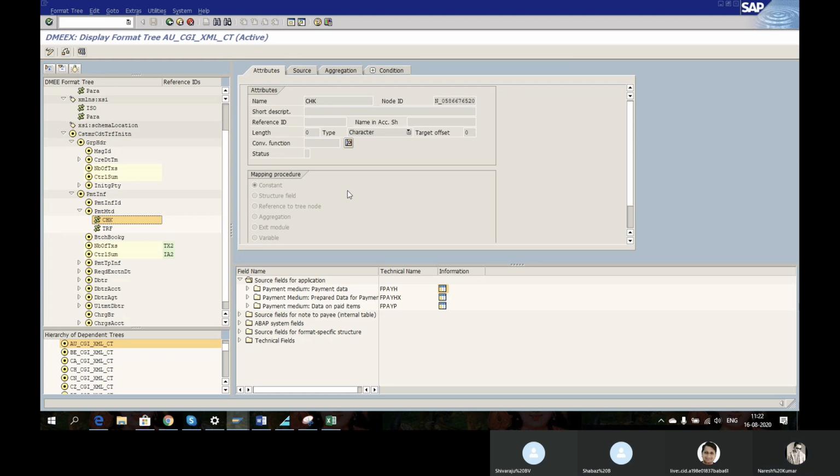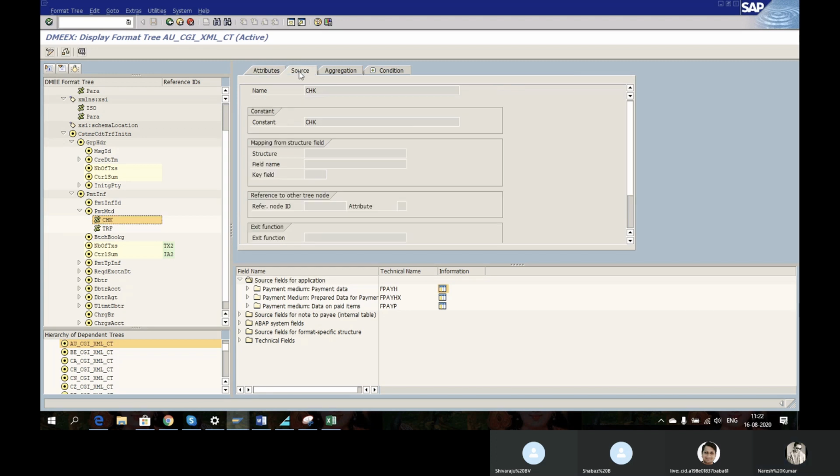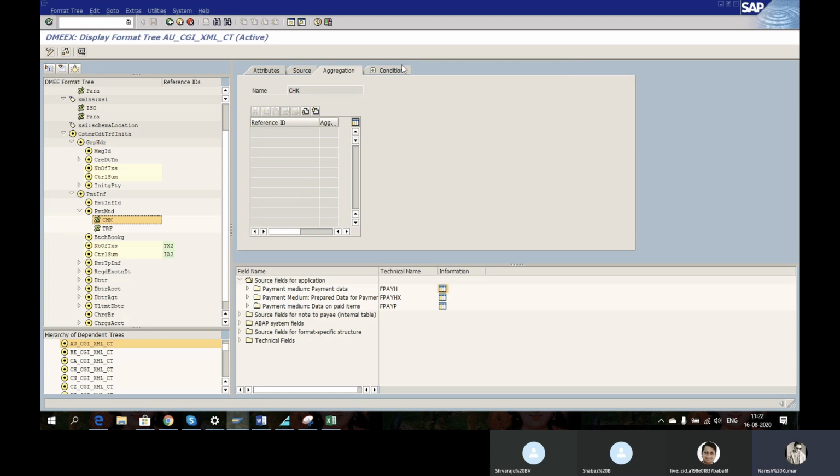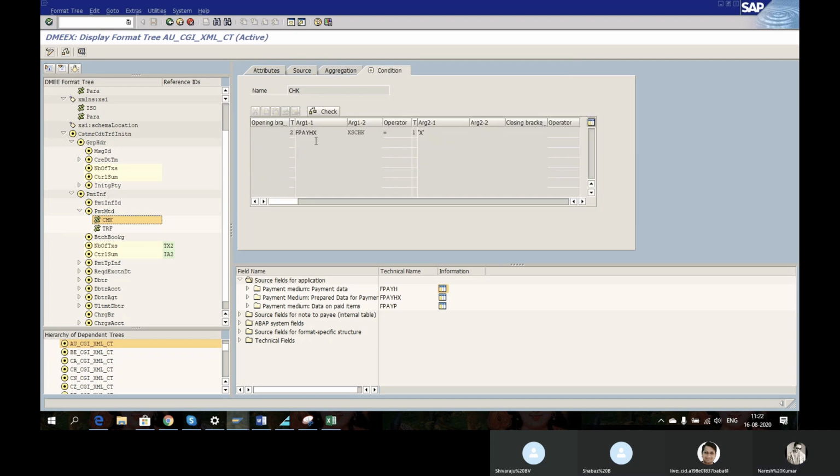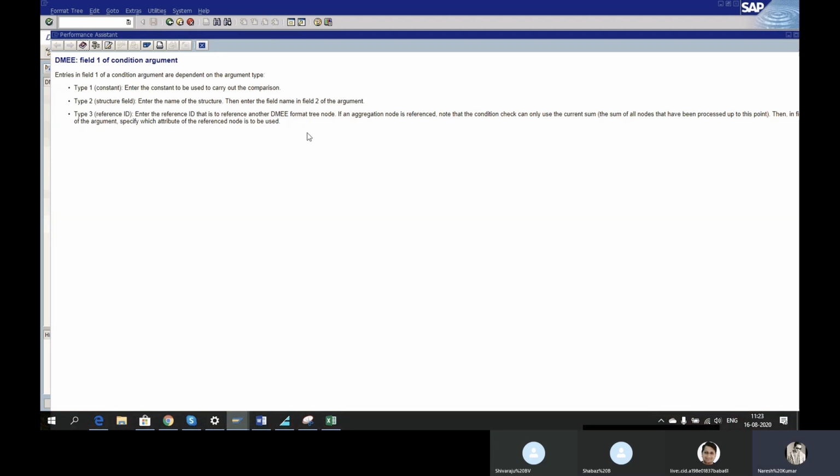Check more attribute source aggregations conditions. VME field 1 condition argument: entries in field 1 of a condition argument are dependent on the argument type. Structure field: enter the name of the structure, then enter the field name.